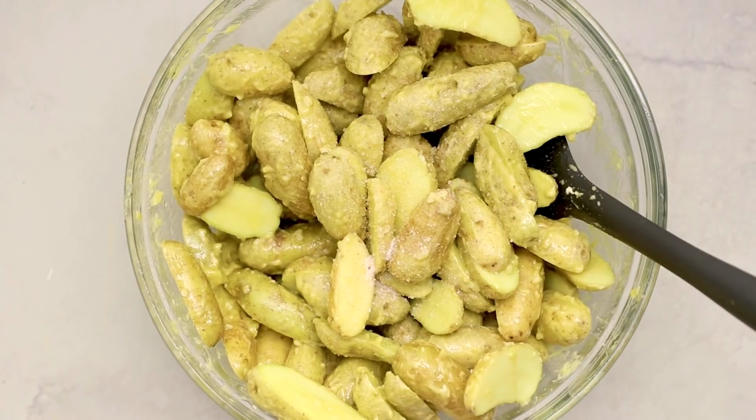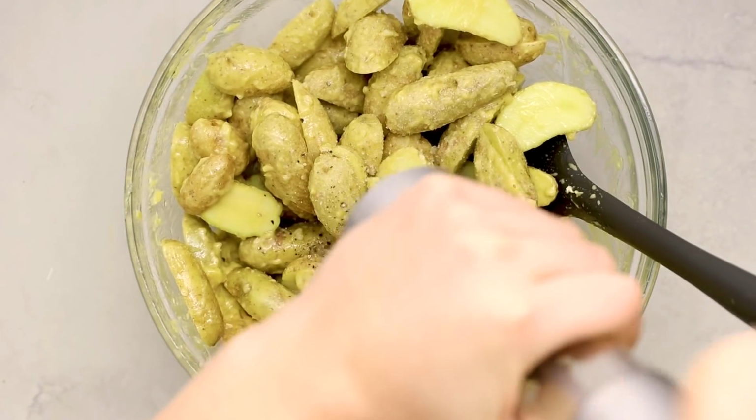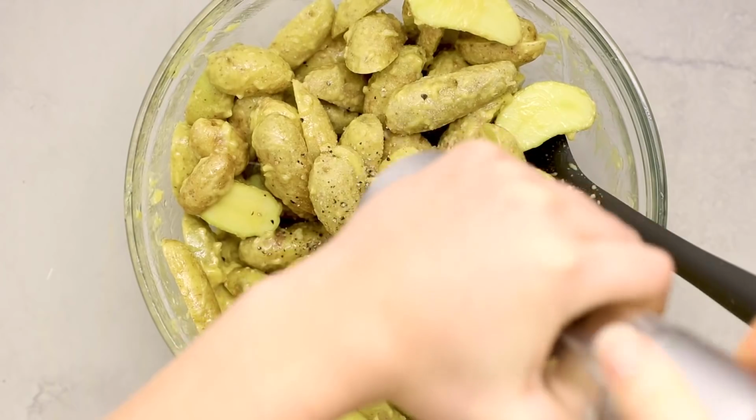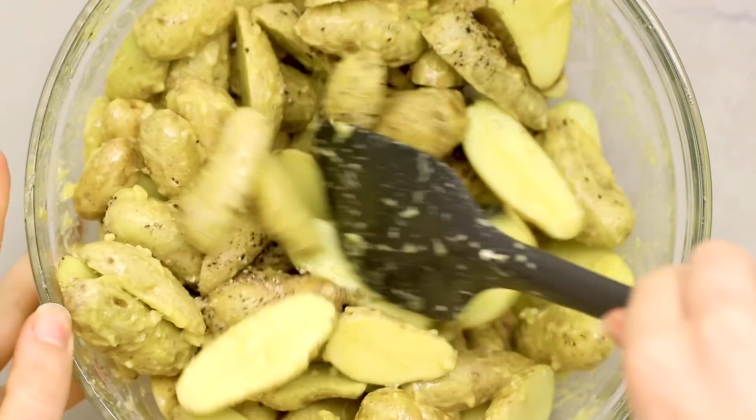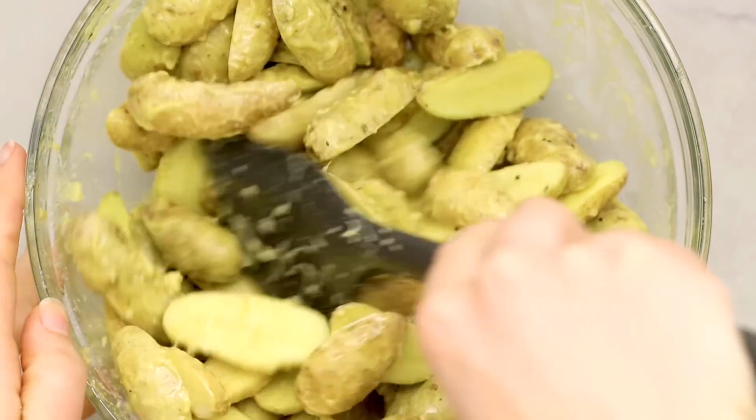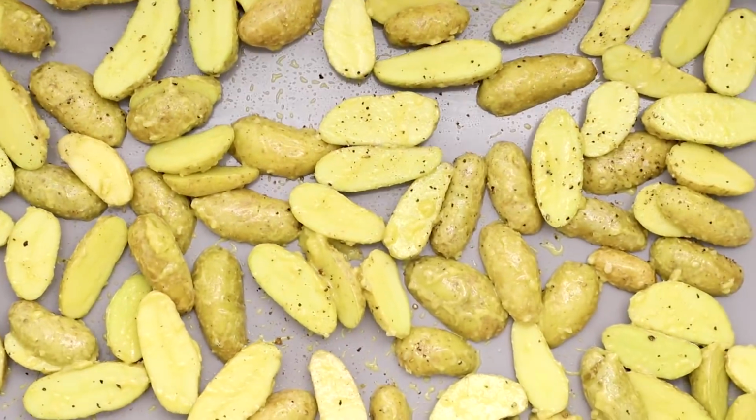So after you mix the potatoes, just season with salt and pepper to taste. My recommendation is to use a little bit more salt than you need, because I find that a lot of people tend to undersalt their roasted veggies and then the flavor is not as great. We're going to transfer them to a baking sheet, and then we'll pop those in the oven,